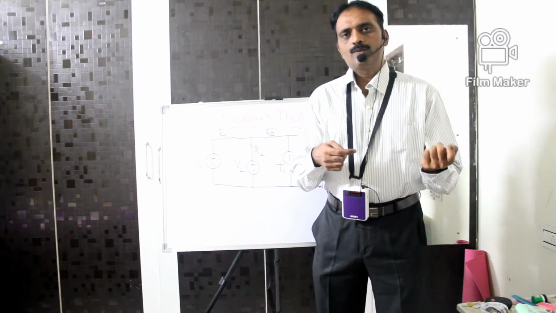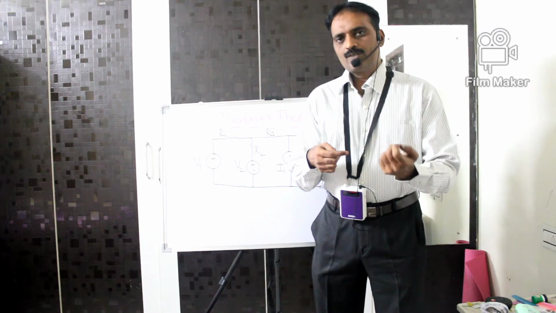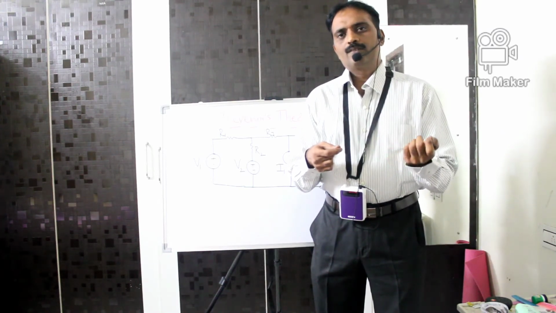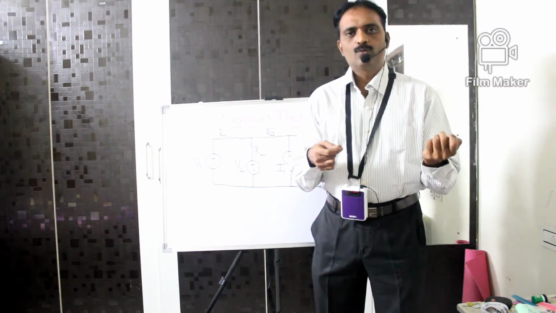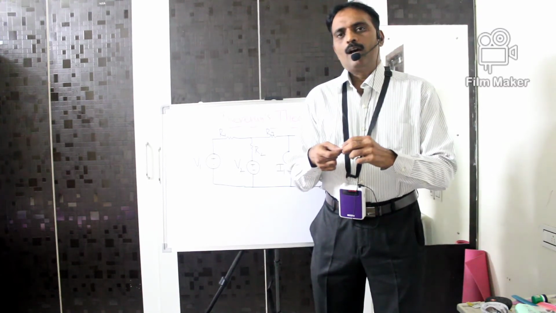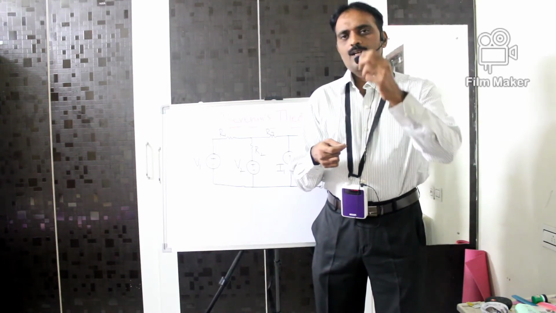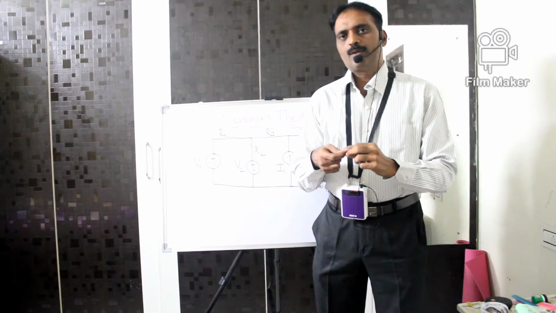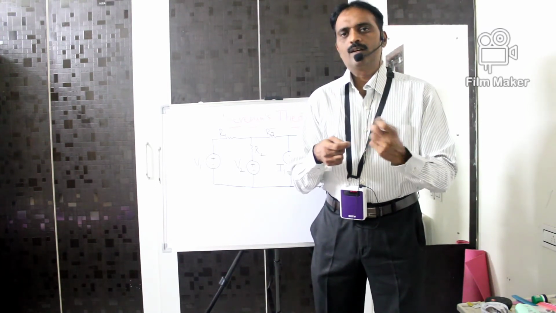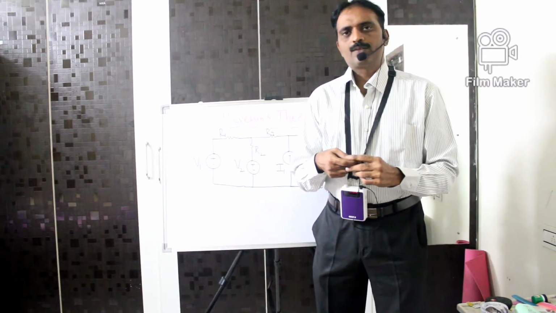After finding out the Thevenin's voltage and Thevenin resistance, we have to construct the Thevenin equivalent circuit and replace the load resistance which was already removed, which was already opened. After connecting back the load resistance, the current passing through the load resistance is given by V Thevenin divided by the total resistance, that is R Thevenin plus RL. Let me go through the explanation part.